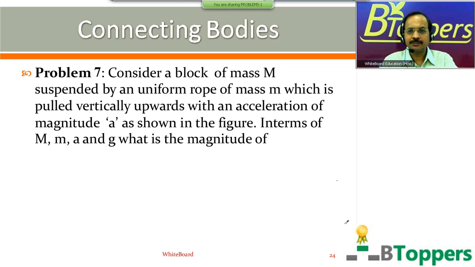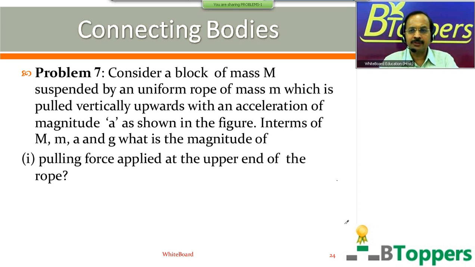Problem 7. Consider a block of mass M suspended by a uniform rope of mass m, which is pulled vertically upwards with an acceleration of magnitude a, as shown in the figure. In terms of M, small m, small a and g, what is the magnitude of